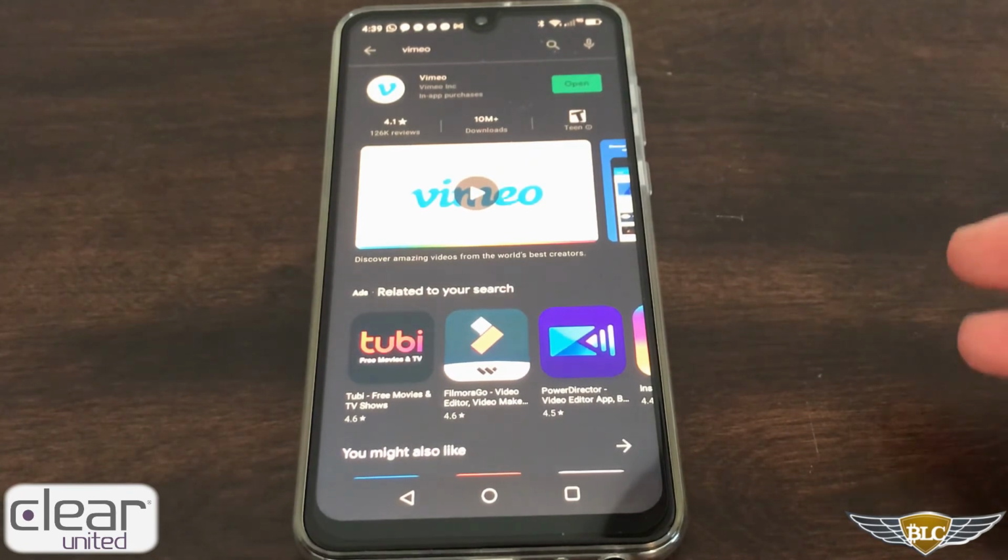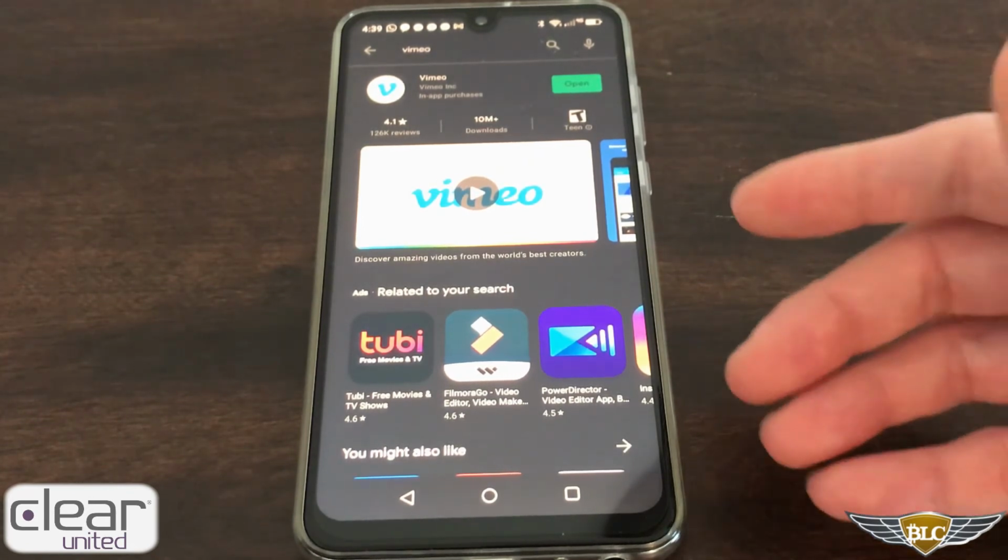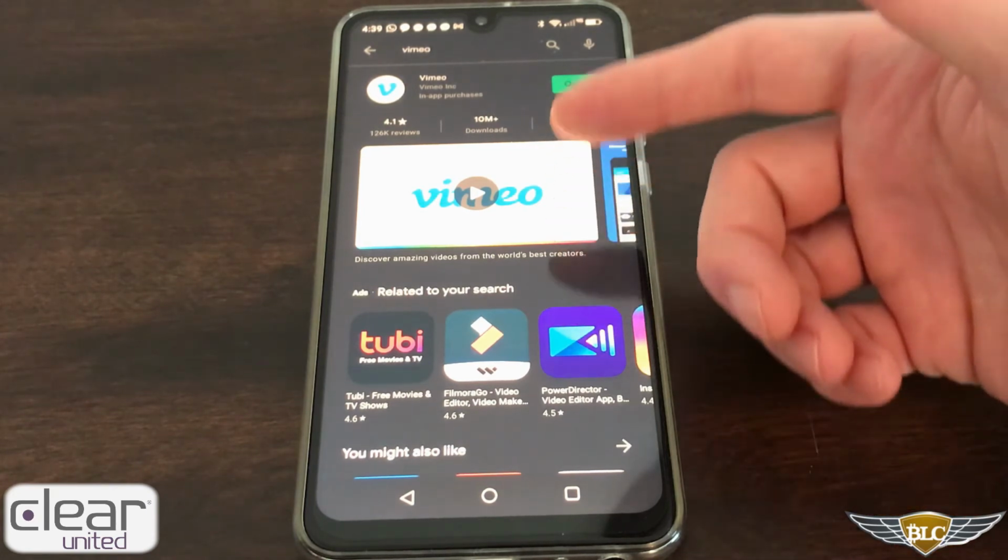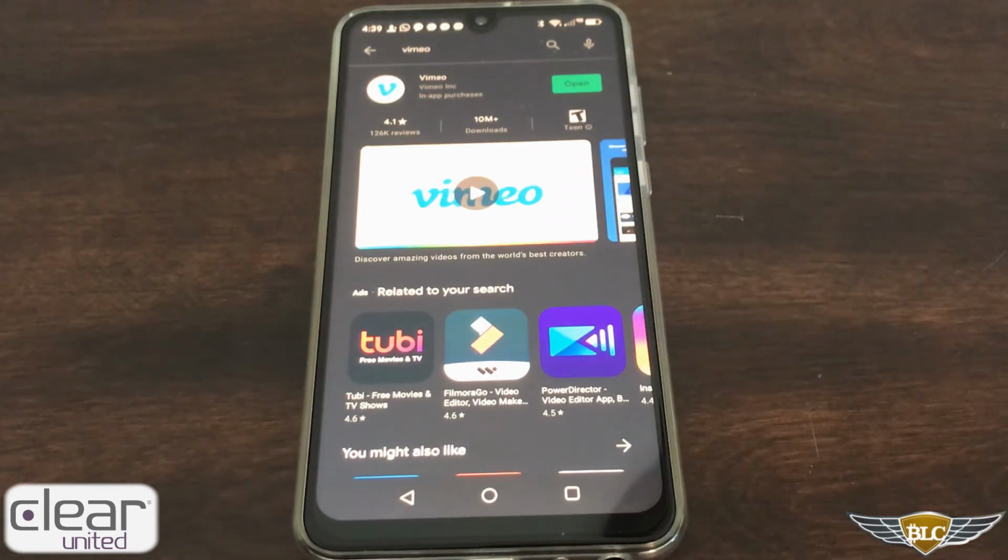So over time, you may check and find that some more of the apps that you're using from the Google store become available on the Clear iOS store. And so you can always switch it out at that time. But I just wanted to show you guys how easy it is to access these apps and what the differences are between them.